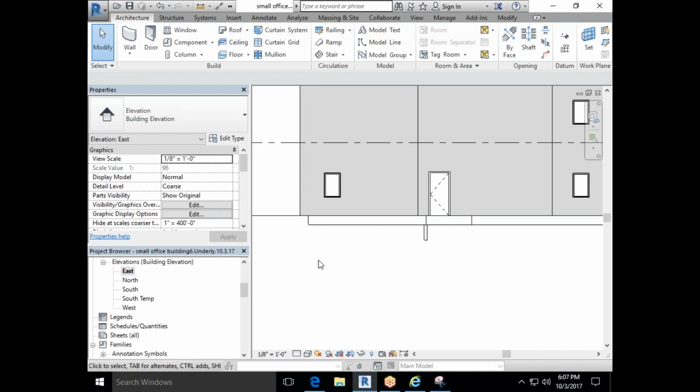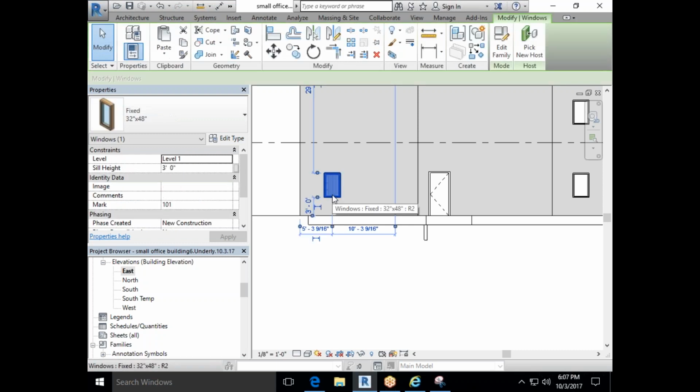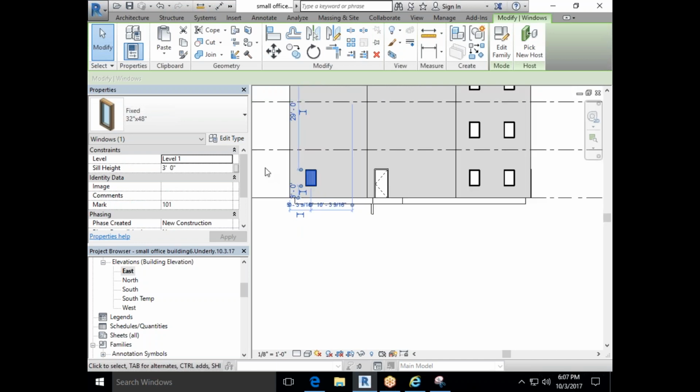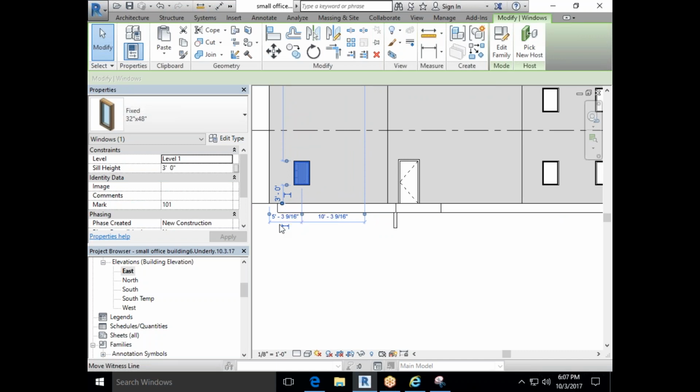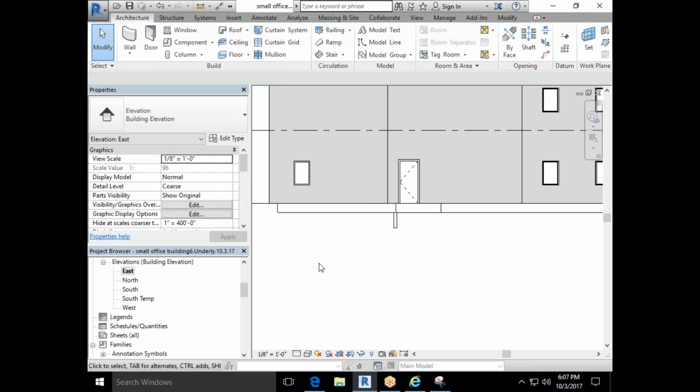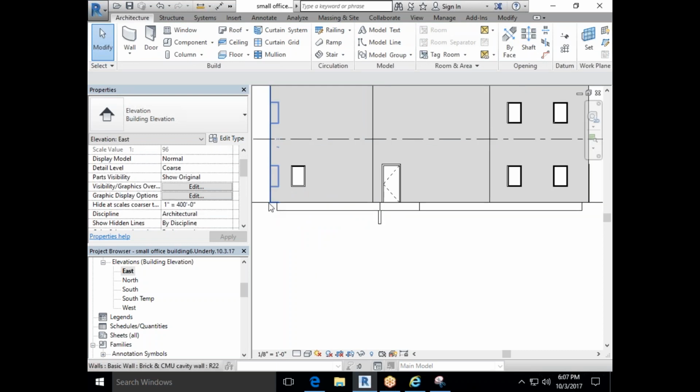But what I'm thinking is how can you know anything else about where to place a window on this side if it's not similar to the other side? So when I did that though, it was so close to being the same, which makes me think I would put the other window about the 8'8" in, because if I had aligned this to the outside, it would be almost exactly 5 foot 4, but it's just a little bit off. So it's kind of strange. But I guess we can just assume it's about 8'8" for the other window. That's what I'll have everybody do, because I don't think there's an instruction on it unless I'm missing it